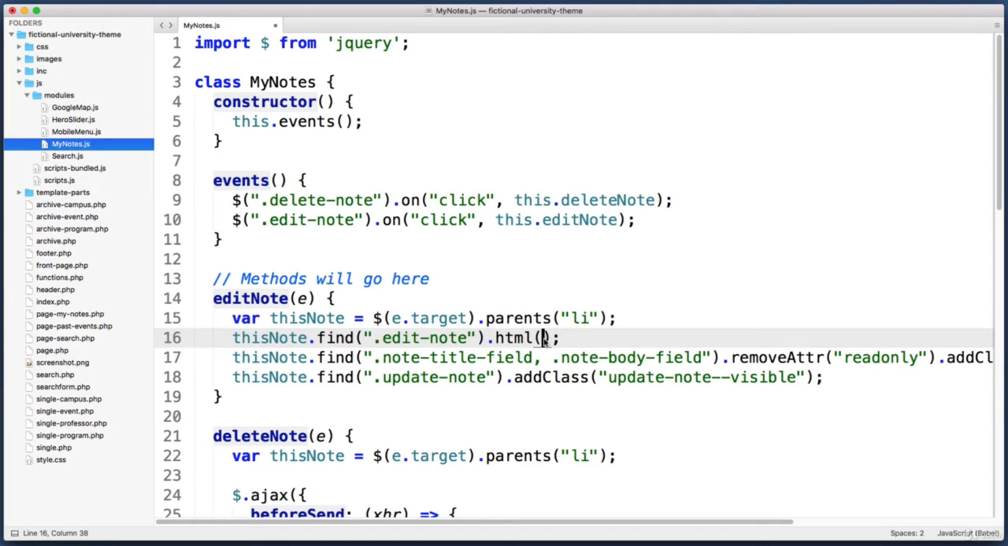So within these parentheses, add a pair of quotes. I'm going to use single quotes instead of double quotes, so that way I can use double quotes within this string of text that we're going to include here. And instead of typing out a bunch of HTML by hand, why don't we just copy and paste directly from our PHP template? What I mean by that is let's jump into